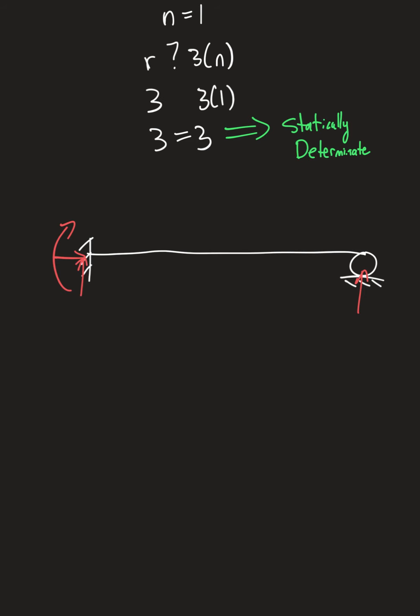Okay, so then we want to look at R compared to 3 times N. Well, for our reactions, we have 4 total reactions. 3 at the fixed end, 1 at the roller. So R equals 4. And N in this case is still 1. We just have one beam. So we end up with 4 is greater than 3 times 1, or 4 is greater than 3,